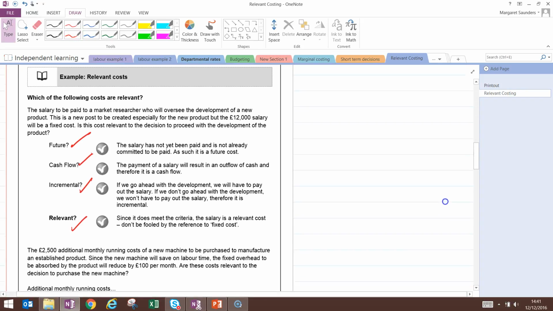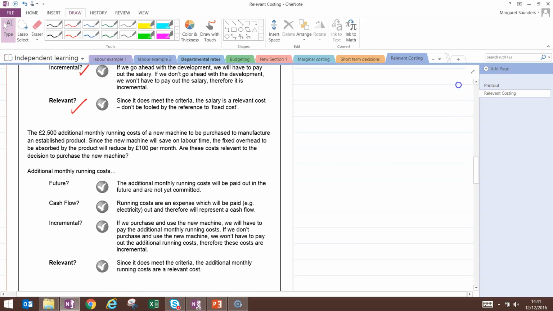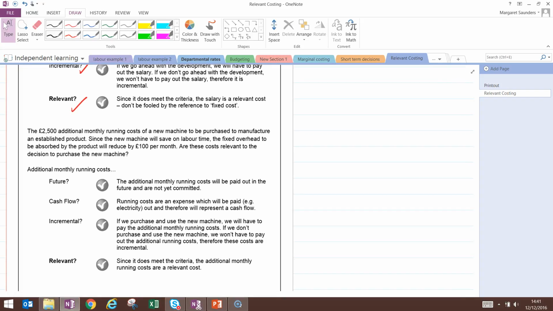So now we'll take a look at a second example. Here we have £2,500 of additional monthly running costs of a new machine to be purchased to manufacture an established product. Since the machine will save on labour time, the fixed overhead to be absorbed will be reduced by £100 per month. So we have two things to think about here: the additional monthly running costs and the overheads absorbed. So considering the running costs first,